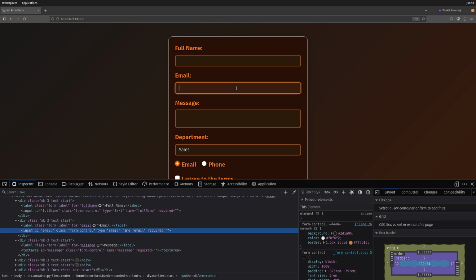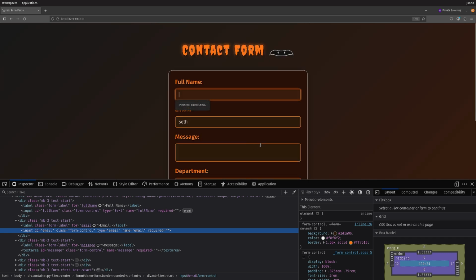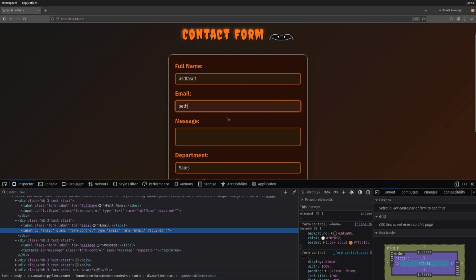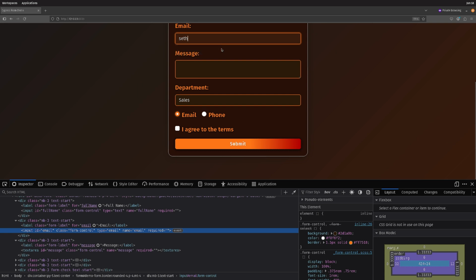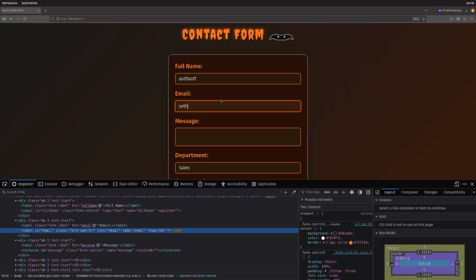So let me just kind of prove that point here. Seth, nothing else. All right, and when you hit submit, oh, fill that out. Full name, hit submit. It's going to say, please enter an email address. So you're going to get that little pop over right there. So something to keep in mind, and that's part of the parts I keep talking about. Watch out for flaky things, because that's like an error message, and if you don't check for that pop over error message, you know,